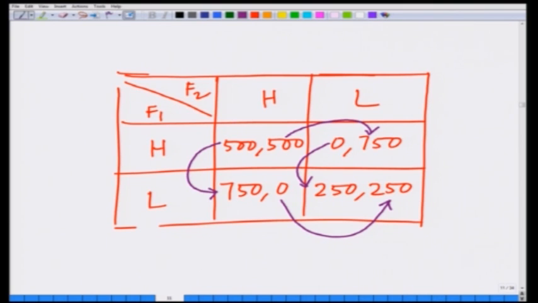Only in the outcome L comma L, no one has an incentive to deviate, because if firm 1 deviates, it is going to decrease its payoff from 250 to 0. So, that is not going to be possible. And similarly, if firm 2 deviates from L to H, it is going to decrease its profit from 250 to 0. So, that is not going to be possible. So, you can clearly see L comma L is the only self-sustaining